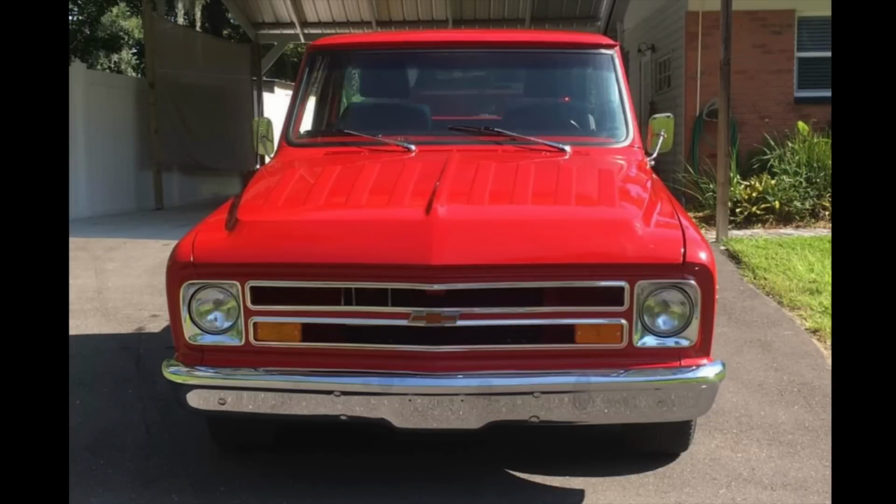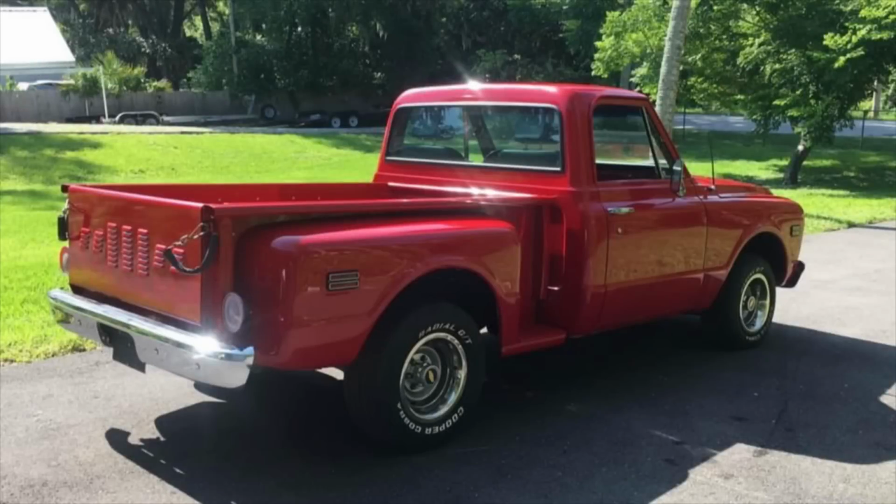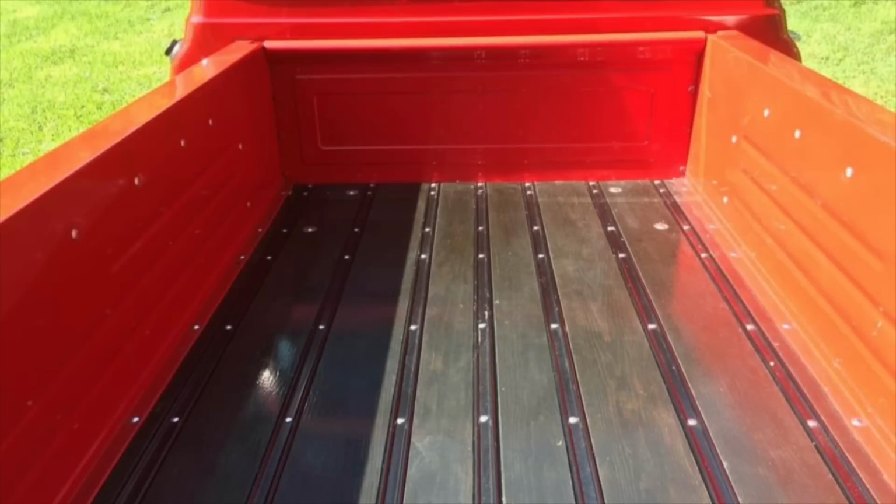Powered by a 350 Chevy engine with a mild cam and an aluminum intake, all connected to a 700R automatic transmission, ensuring everything runs and drives smoothly. Upgrades include power steering, power disc brakes, power leather seats, vintage air conditioning, a digital dashboard, brand new carpeting, and